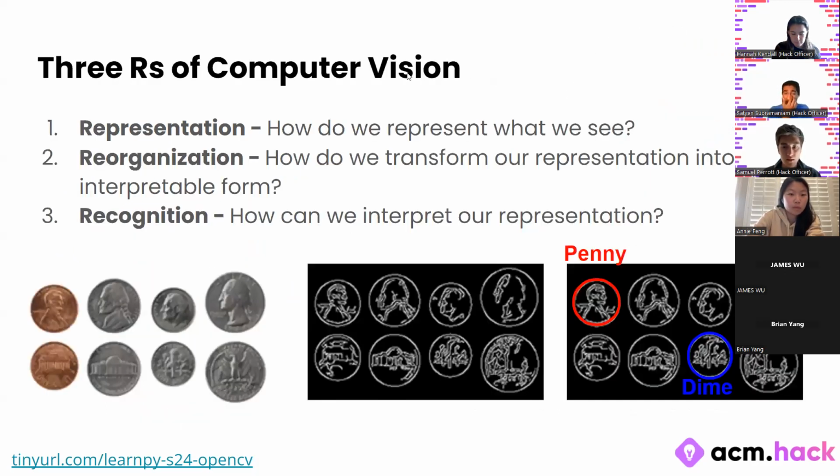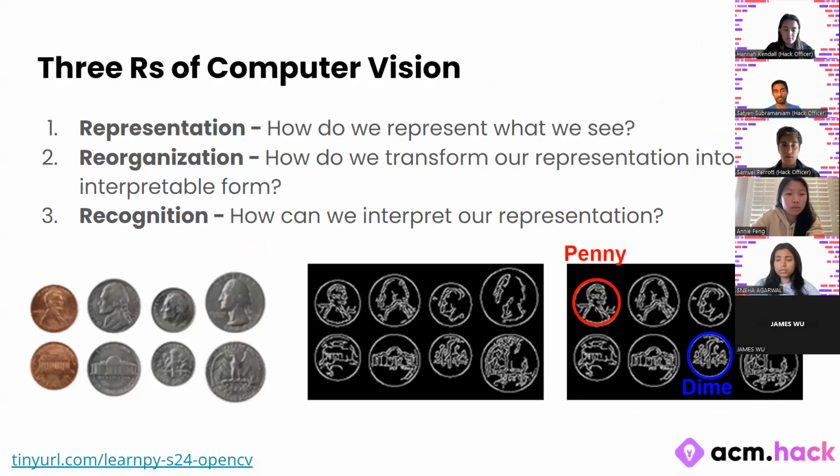Okay, so let's get a little bit more into the details of computer vision. One way that we like to break it down is into 3 R's. The first one is representation. That just means, how do we represent the world around us? The second one is reorganization. That's how do we transform a representation of the world around us into something that we can interpret. And then finally, we have recognition, which is how do we interpret